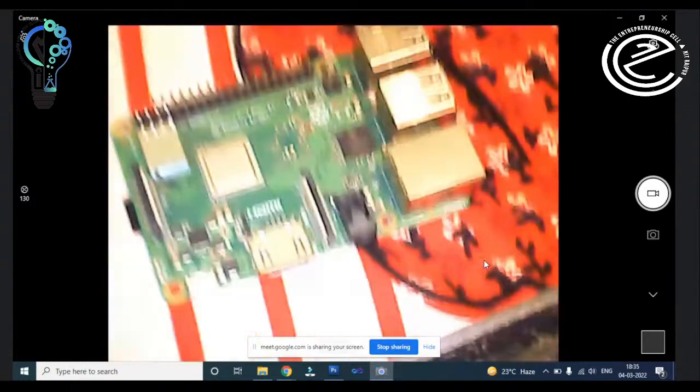This is the LED TV which I have, and I can easily communicate with this if I have the HDMI cable, right? So I have this board and I have the HDMI cable, so I can connect the LED screen with the HDMI cable, and it will show the operating system which is installed in this Raspberry Pi, right?